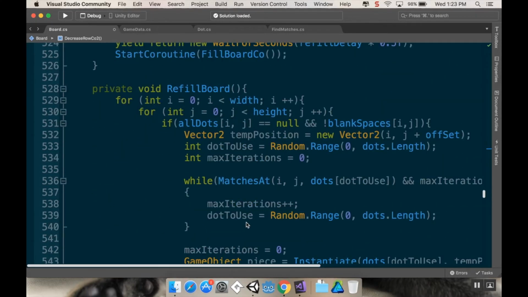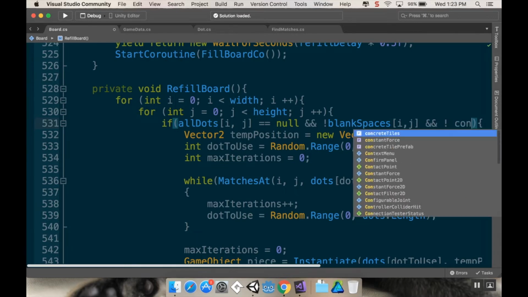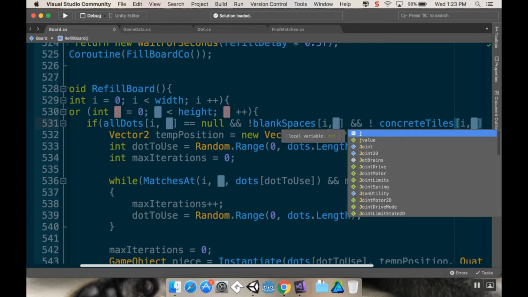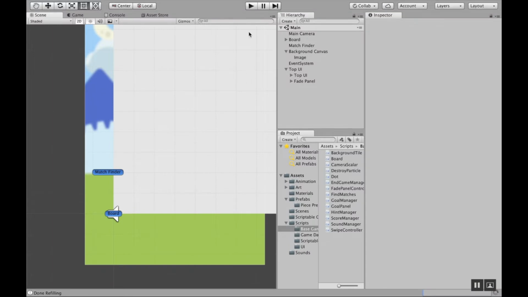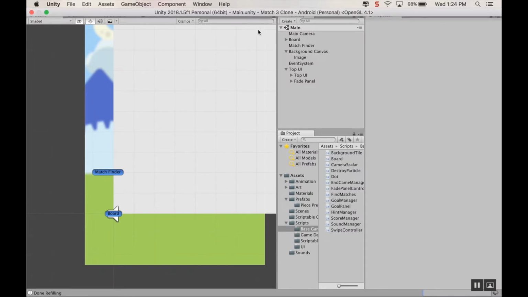To do that, I'm going to go to my refill board method, and I'm going to make the exact same condition in that first if statement after my double for loop. So not blank spaces and not concrete tiles ij. I don't know why I put a space there. Okay, cool. Now if I save this and pop back into Unity,